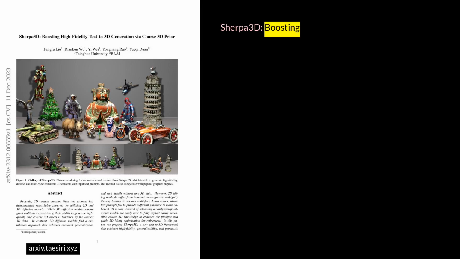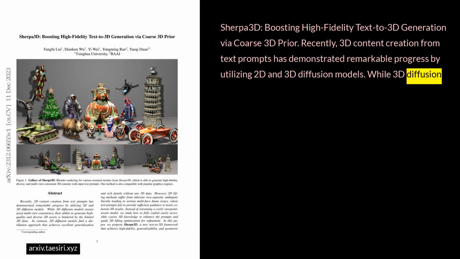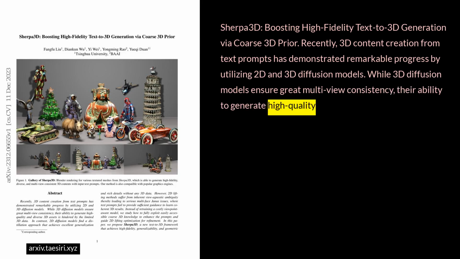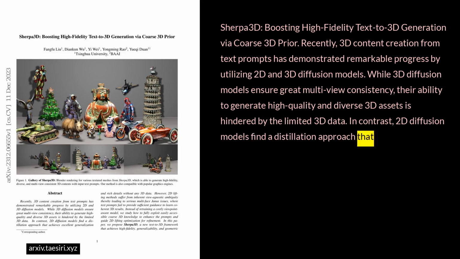Sherpa 3D, boosting high-fidelity text-to-3D generation via Coarse 3D Prior. Recently, 3D content creation from text prompts has demonstrated remarkable progress by utilizing 2D and 3D diffusion models. While 3D diffusion models ensure great multi-view consistency, their ability to generate high-quality and diverse 3D assets is hindered by the limited 3D data. In contrast, 2D diffusion models find a distillation approach that achieves excellent generalization and rich details